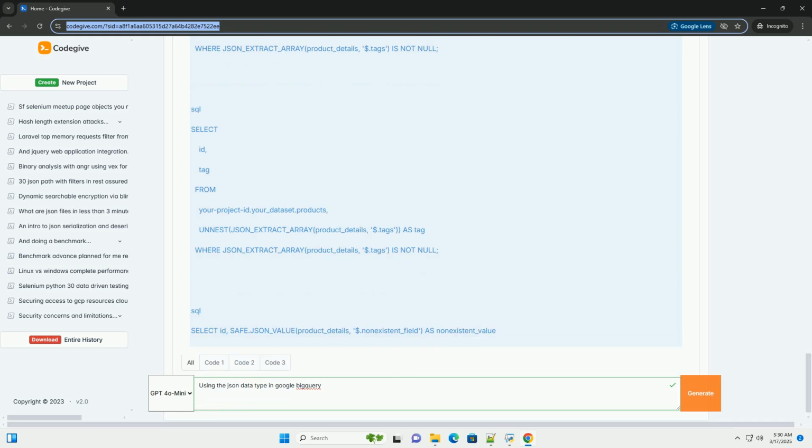5. Handling arrays within JSON. JSON data often contains arrays of values. BigQuery provides functions and techniques to work with these arrays. Example JSON data with arrays,